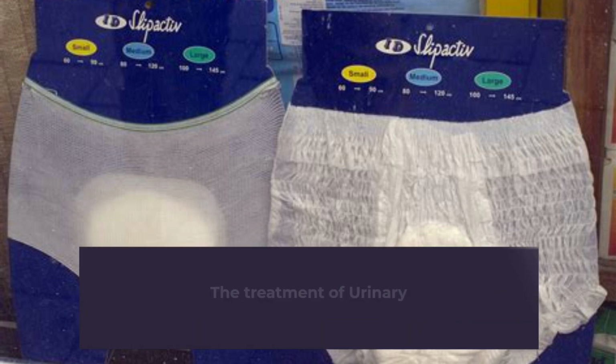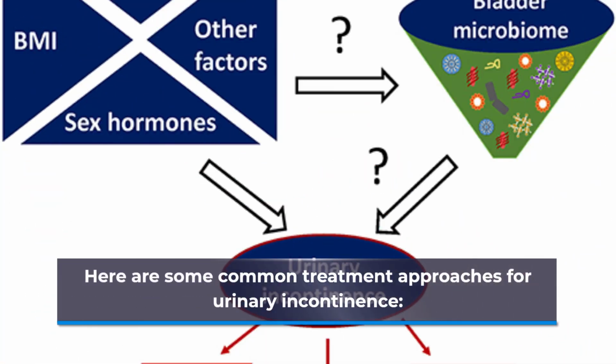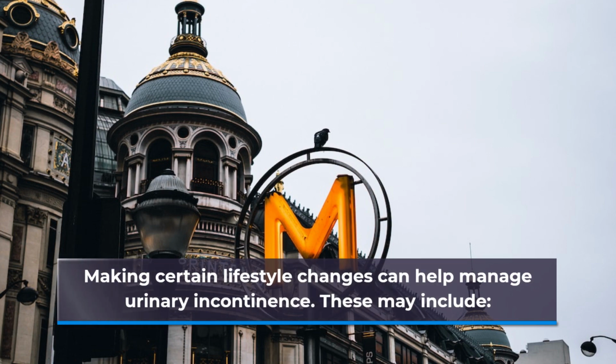The treatment of urinary incontinence depends on the underlying cause and severity of the condition. Here are some common treatment approaches for urinary incontinence. A. Lifestyle modifications. Making certain lifestyle changes can help manage urinary incontinence. These may include